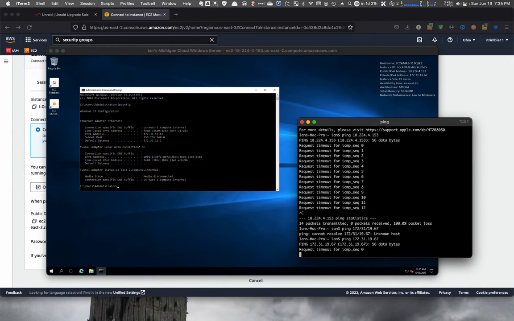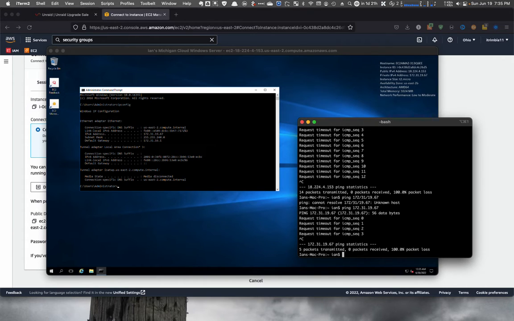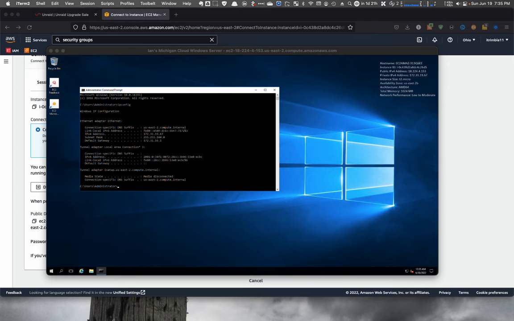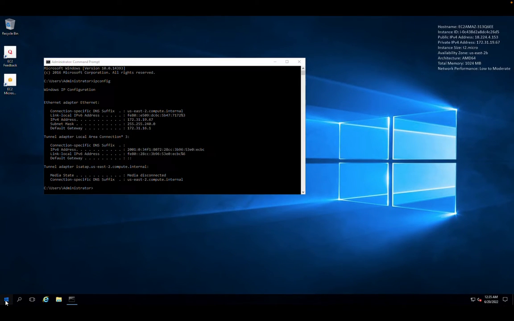There we go. Same thing, no ping. All right, let's go ahead and stop that one. So let's go ahead and go to my firewall. We're going to create some rules here. So I'm going to get this one out the way, make this one bigger. Let's go ahead and go to my firewall